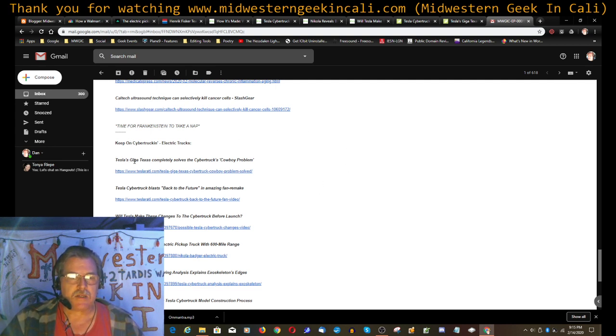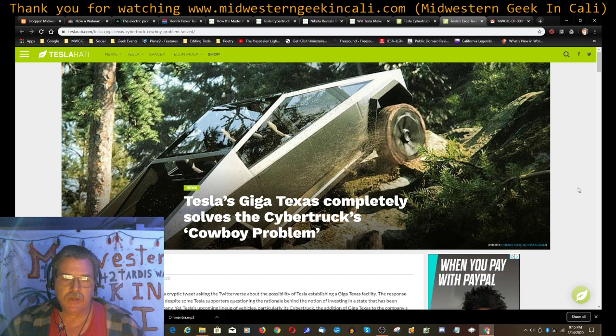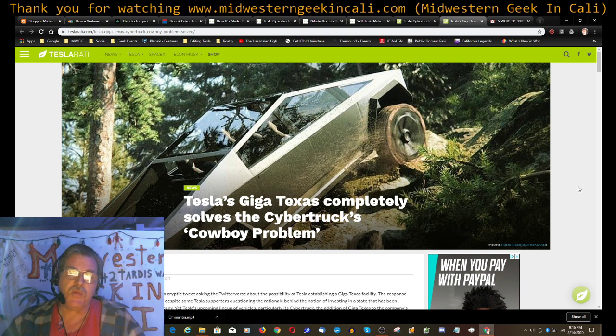Tesla's Gigafactory, or Giga Texas, completely solves the Cybertruck's cowboy problem. Well, what is the Cybertruck's cowboy problem? Here's the thing. The folks in Texas really like trucks, and they really use trucks as workhorses. And the deal is they're building Cybertrucks in Texas and employing a lot of people in Texas to build those Cybertrucks.